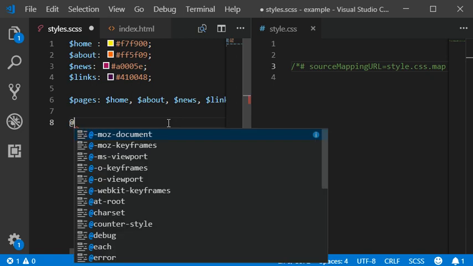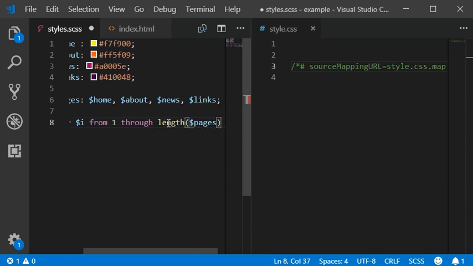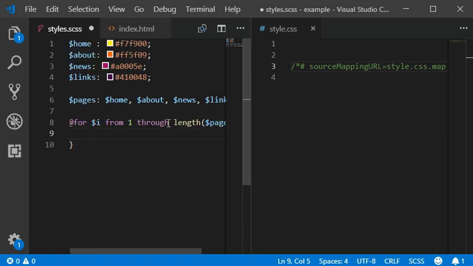So I'm going to add here @for, and then $i from 1 through length, and pass here our pages variable, and then we need to add a body section which has the loop with the $i, and then